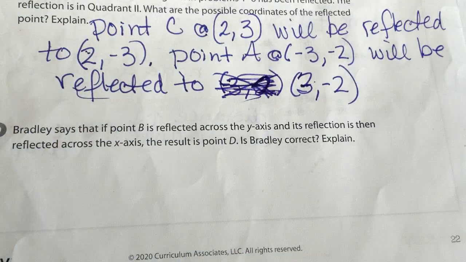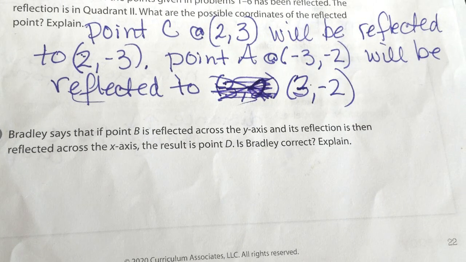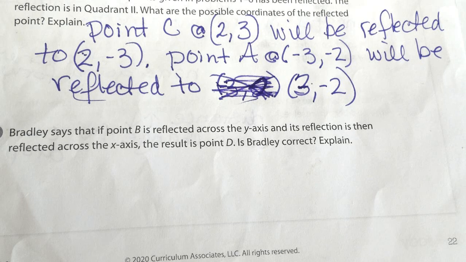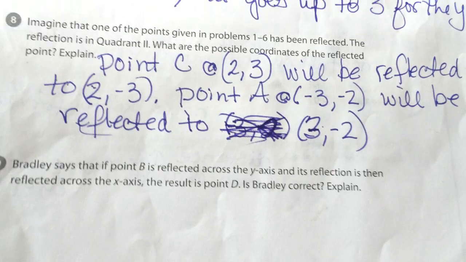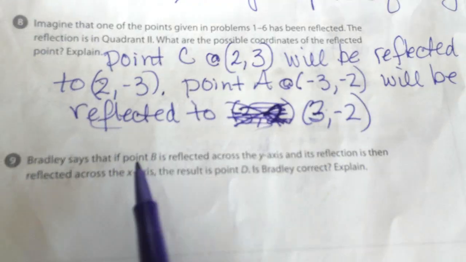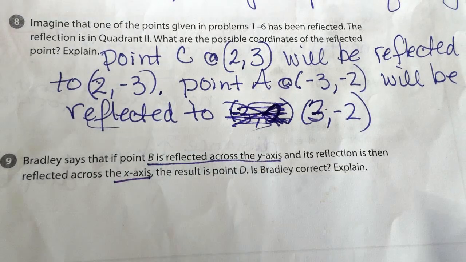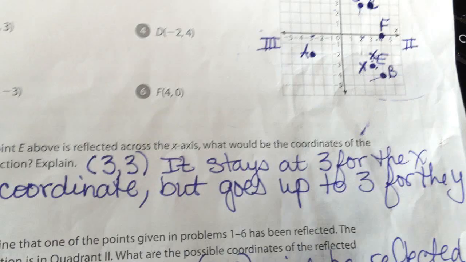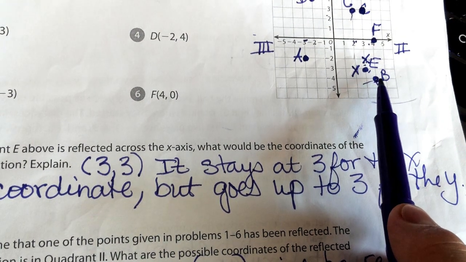Okay, number 9, Bradley says that if point B is reflected across the y-axis and its reflection is then reflected across the x-axis, the result is point D. Is Bradley correct? Okay, so let's look at point B. So first we're doing point B across the y-axis and then doing that point across the x-axis. So point B was right here at